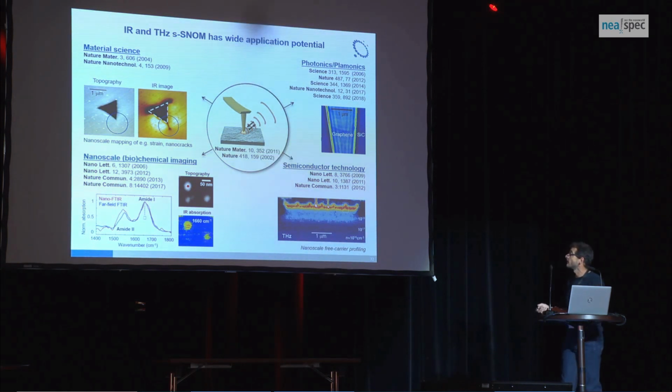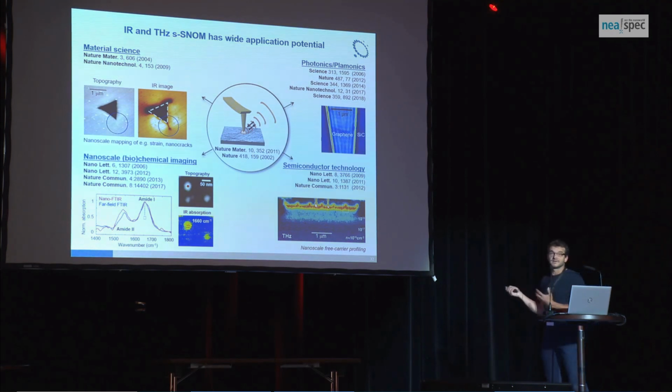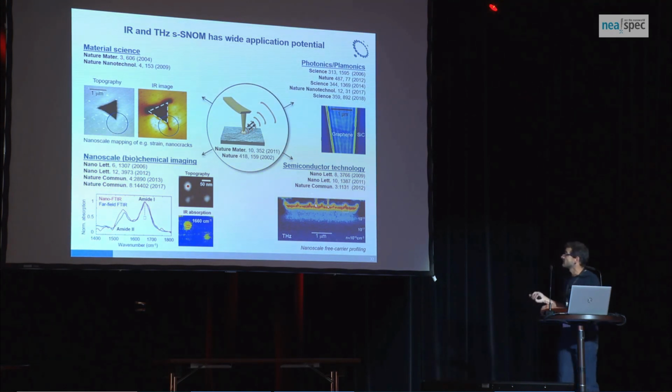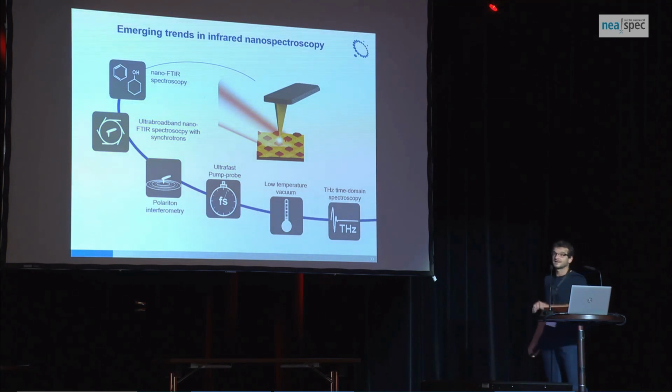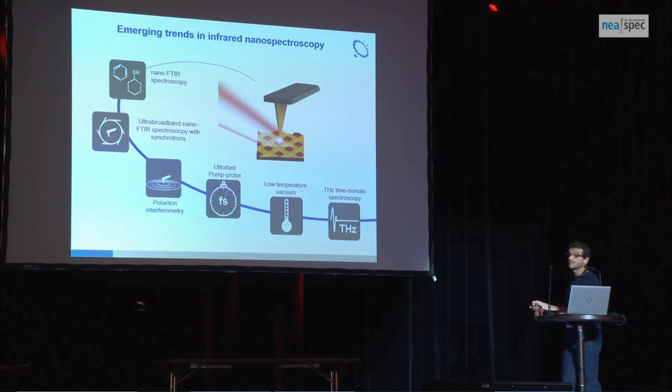But again, this all is encoded in the dielectric function and could be described with a slide that I had before. And then this is an example where we looked at transistors from real devices, some years old. That's why they're very big, but we can map carriers in transistors, and then the polariton mapping. And so far this was all elastic light scattering with a CW laser. I just have this slide, which is actually an older version of a slide that I borrowed from NeaSpec. So this is what is ongoing here,